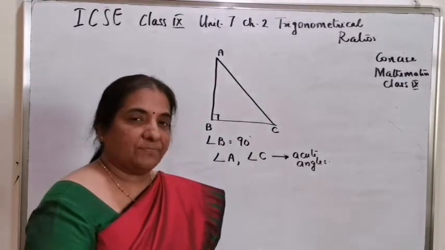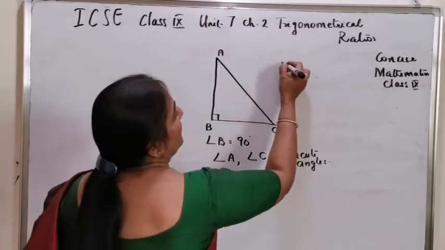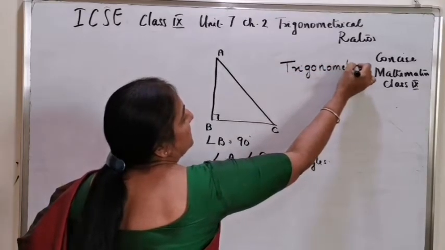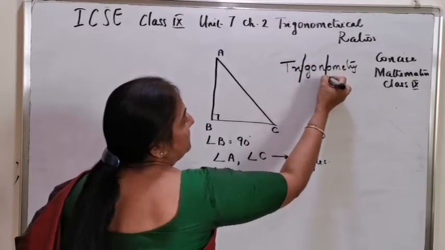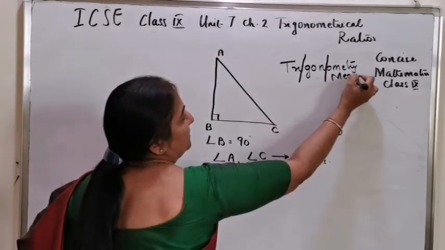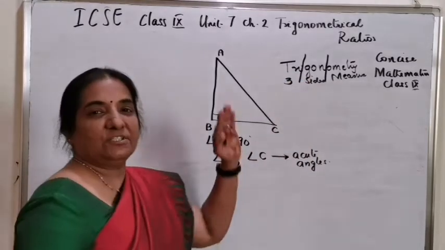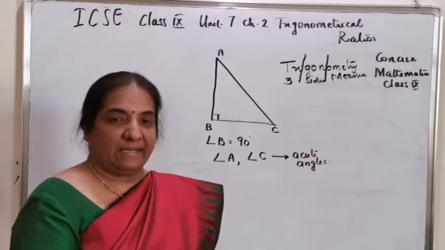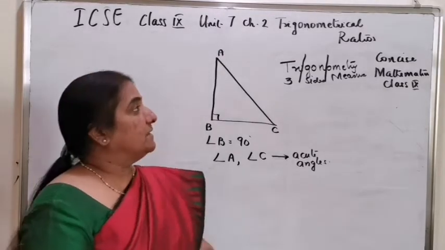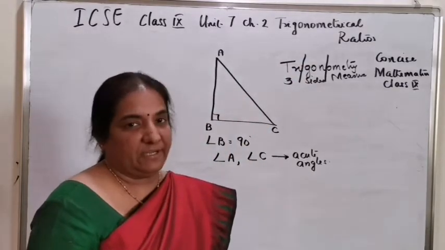Now, trigonometry deals with certain ratios which are defined based on the three sides of the triangle. That is, metry means measure, gon means sides, tri means three. Based on the measure of three sides of this triangle, certain ratios are defined and they are named as the trigonometrical ratios. What are they and how are they defined?